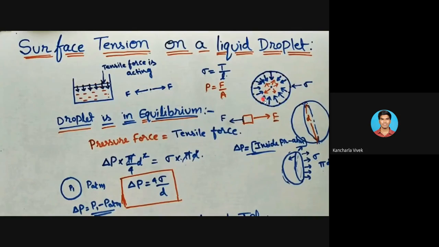So for a liquid droplet to be in equilibrium, the pressure force must be equal to the tensile force, equal as well as opposite. So these two forces must be acting head to head. Neither should the pressure force be more nor should the tensile force be more for a liquid droplet to be in